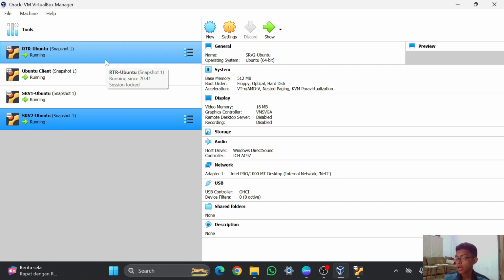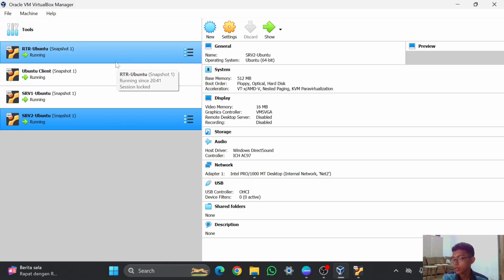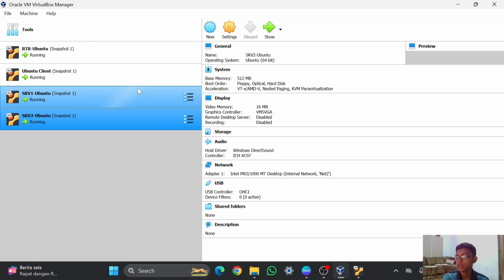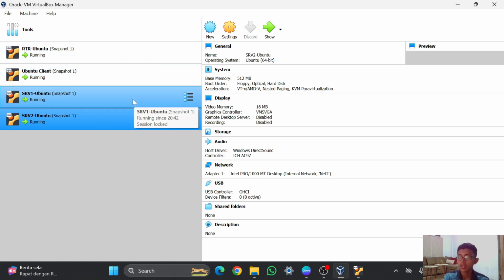For the server that we want to remote, you have to make sure that both can ping each other, because my router Ubuntu can already ping my host OS. I think we can just start to remote this router.